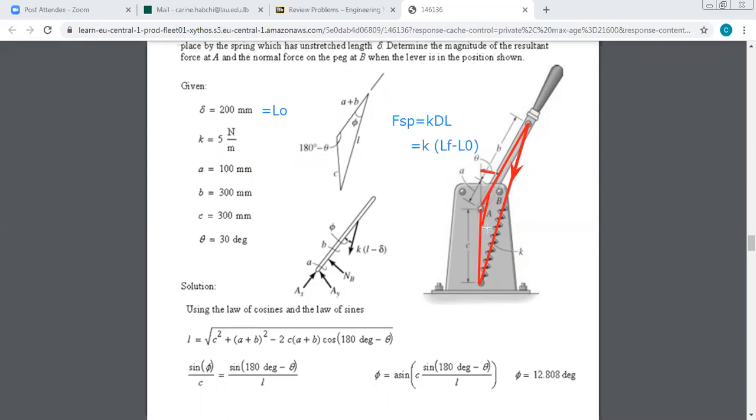Now you remember which law I can use to find L? Look in this triangle. I know A plus B, I know C, I know the angle in between. I can use the cosine law to find L. So when I use the cosine law, I can calculate the final length L of the spring. L is the radical of C squared plus (A plus B) squared minus 2C times (A plus B) times